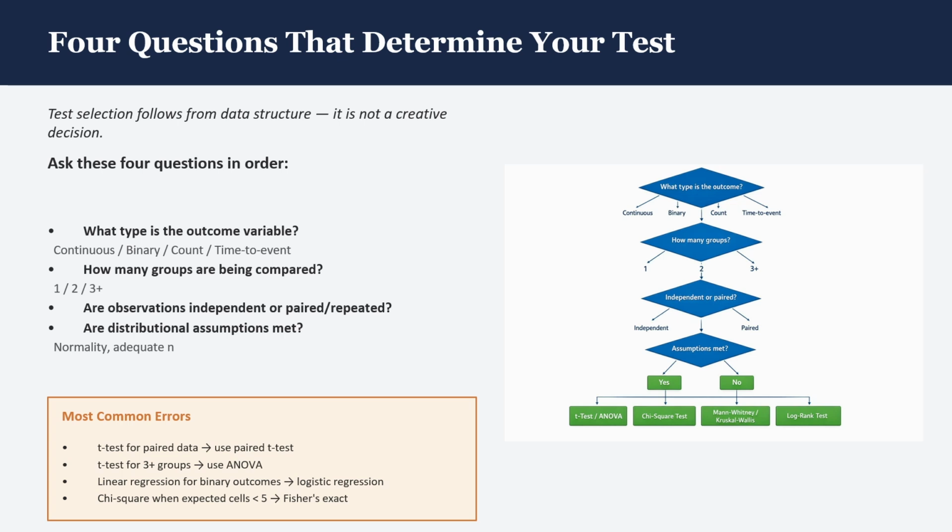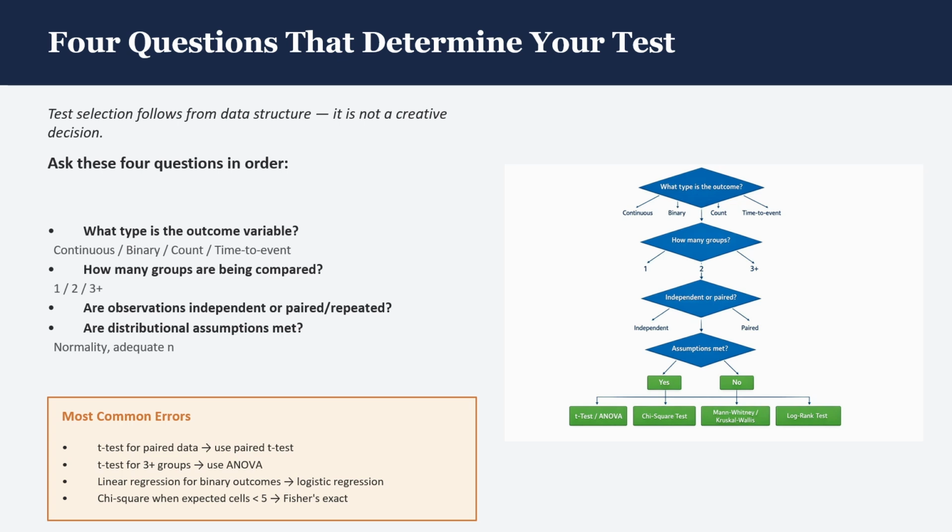What type is your outcome? Continuous, like weight, temperature, or milk yield? Binary, yes or no, like disease present or absent? A count, how many events per animal? Or time to an event? Each outcome type has its own family of tests, and using the wrong family is a fundamental error that invalidates